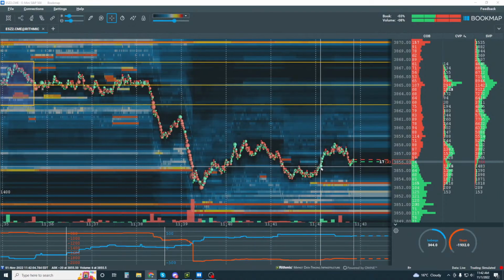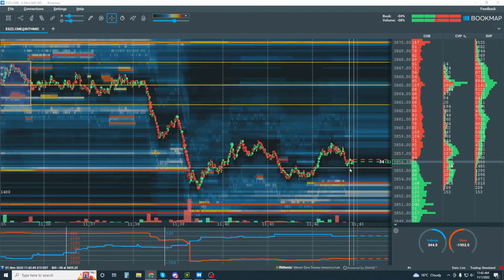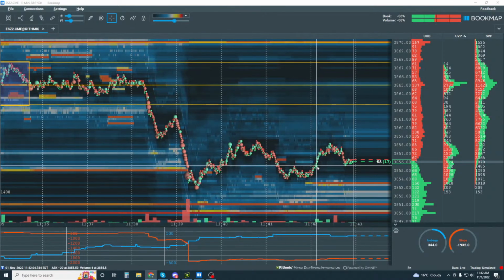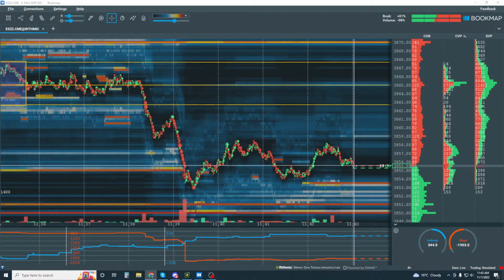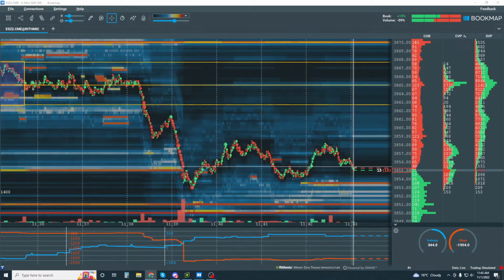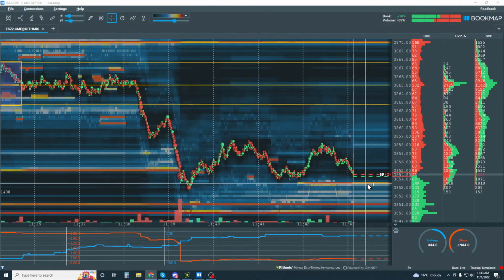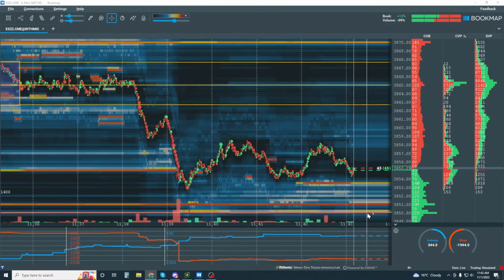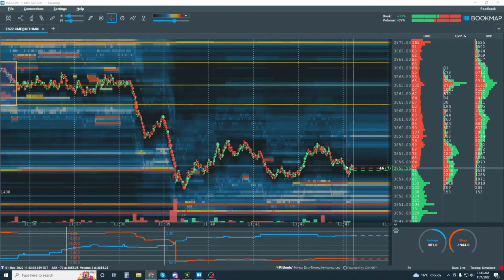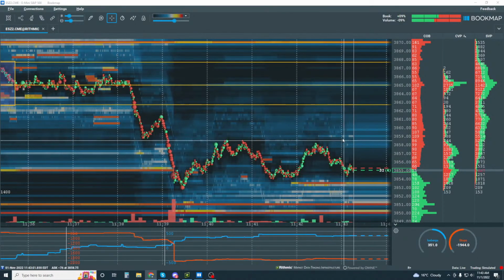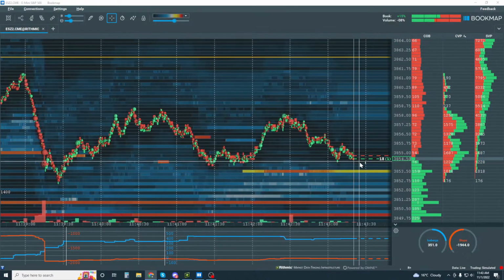Okay, now look at here, right here. If we get sellers here though, this is where the buyers came in and they're not supporting it here, so I'm looking for sellers now, and let's see if they can drop it right down into here at 53.5, then 51, and then 50. Okay, now we got a little bit of a drop, but I don't see those sellers yet. Where are they? I need a lot more here.